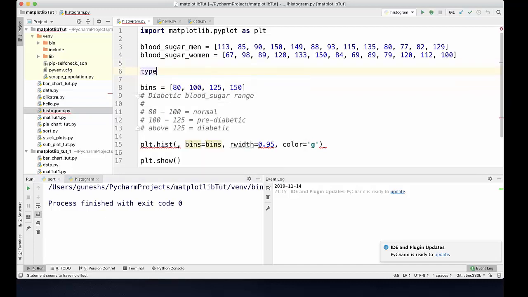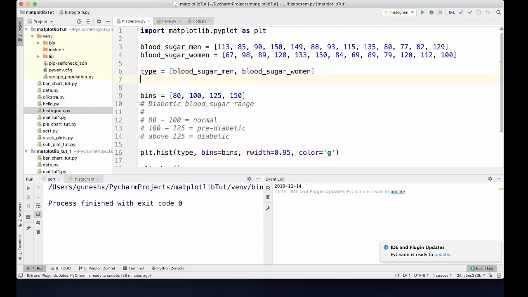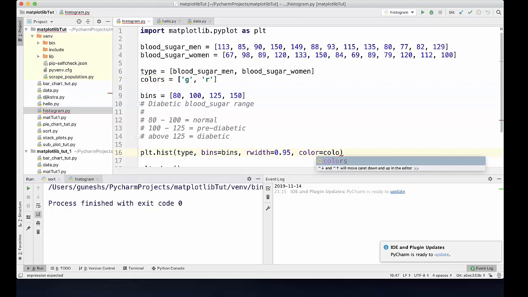Then we'll create a separate variable called type, and inside that we'll create a list, and in that empty list we'll pass both the lists. So now if you pass type in the histogram function, it takes both the lists. And also we'll pass colors equal to a list. Inside that we'll pass 'g' and 'r' in inverted commas, for green and red, the colors of both the lists, and we pass color equal to colors in the histogram function. So if we run it again,